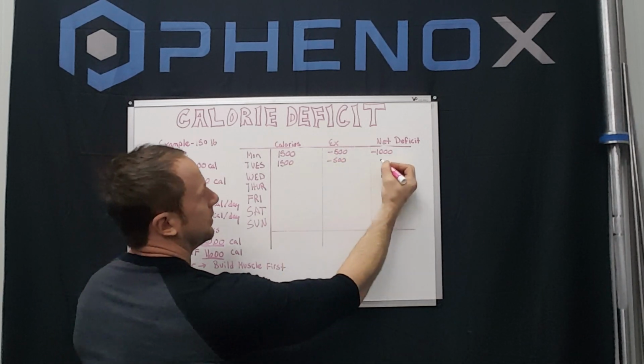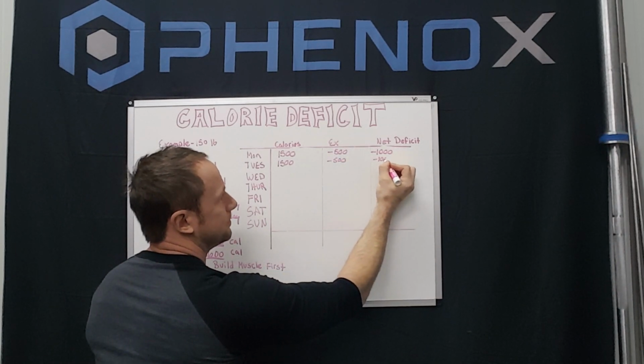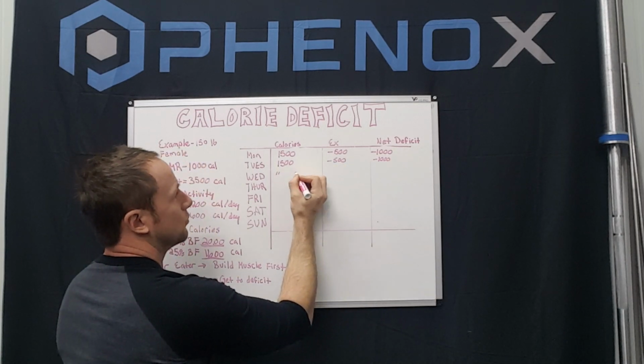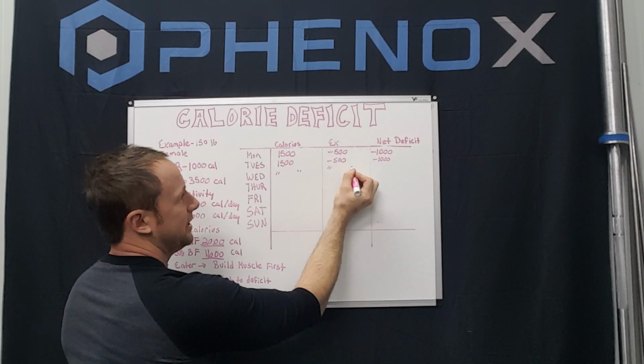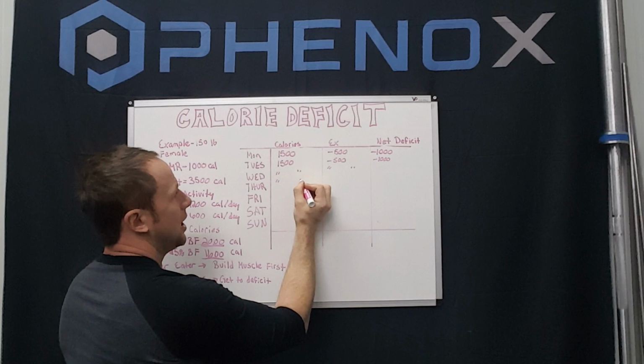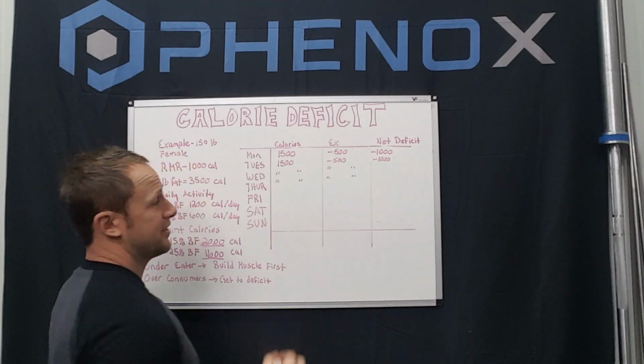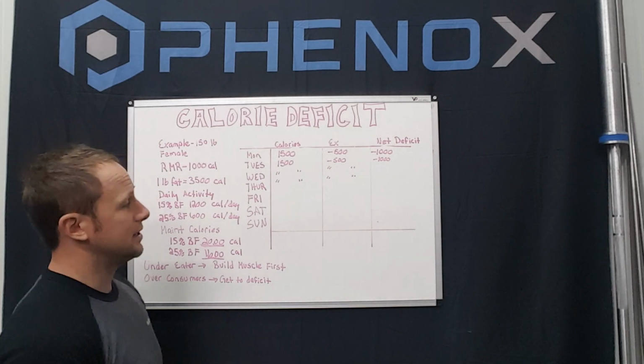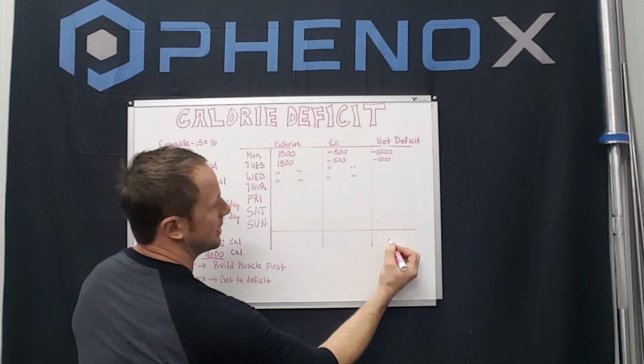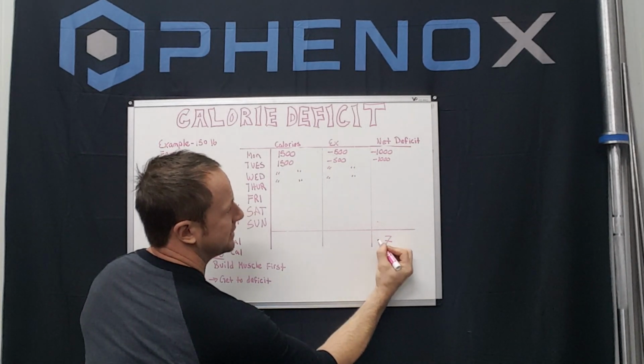1,500 calories, net deficit of 1,000. Again, we're really consistent. Exercise every day, eat below our maintenance level, that 1,500 calories, deficit of 1,000. There's 7 days in the week. So by the end of the week, you should have a deficit,